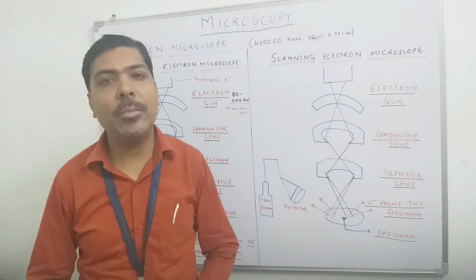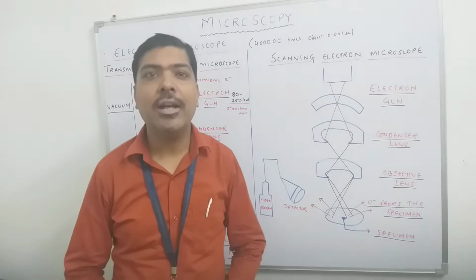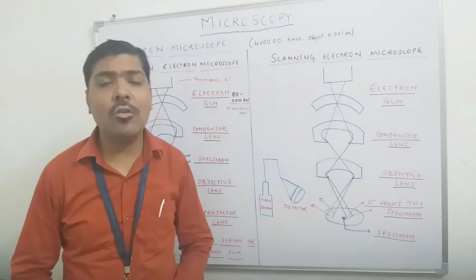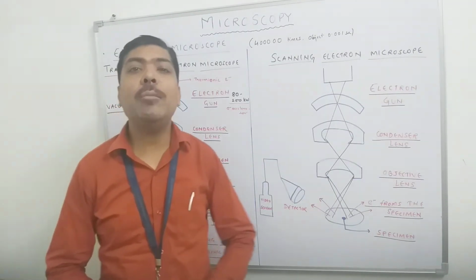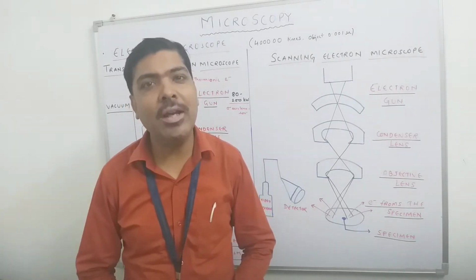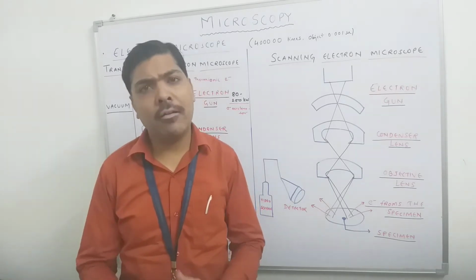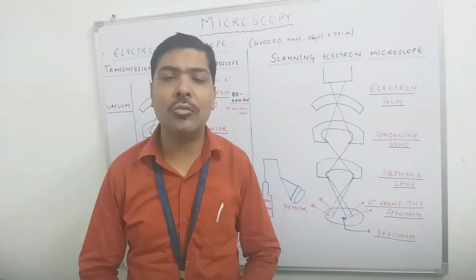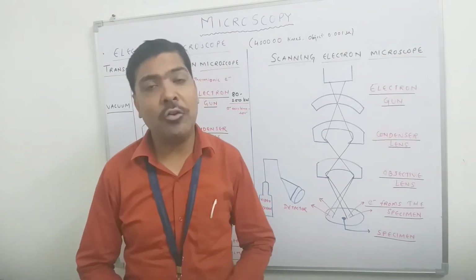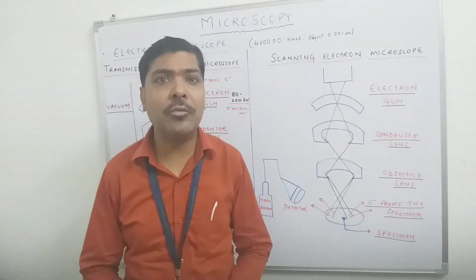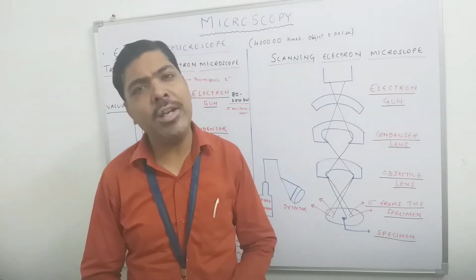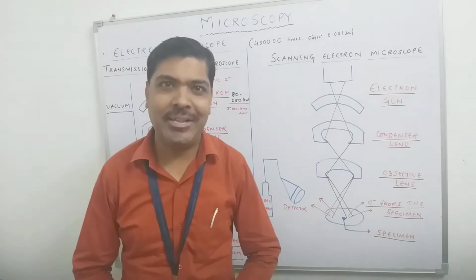In the case of light microscopy, we can magnify an object to a maximum of 2000 times. Whereas with electron microscopy, any object can be amplified 4 lakh times. And with the help of electron microscopy, an object with a size of around 0.001 micron can easily be visible and magnified. So among the generations of microscopy, electron microscopy is a milestone, and it is playing a very important role in all the major sciences.